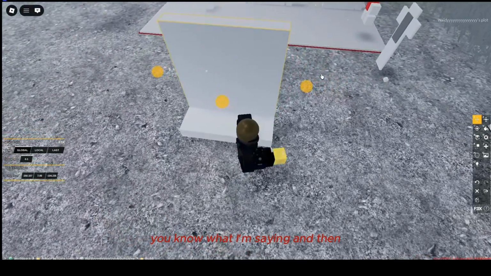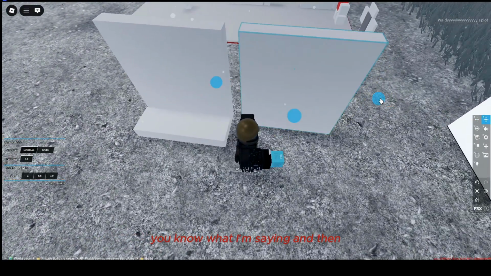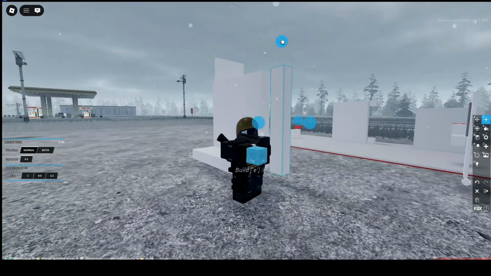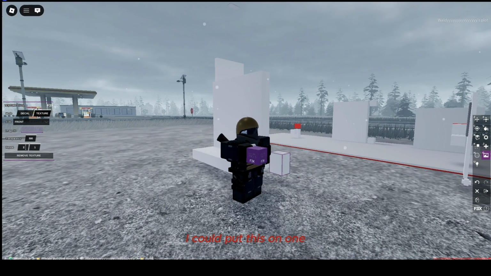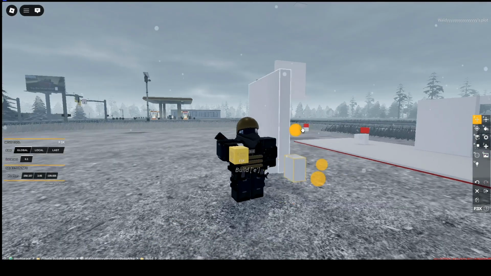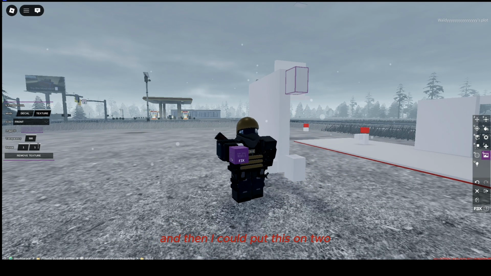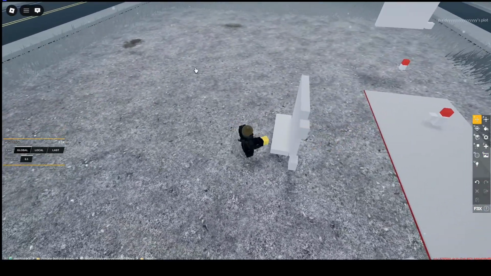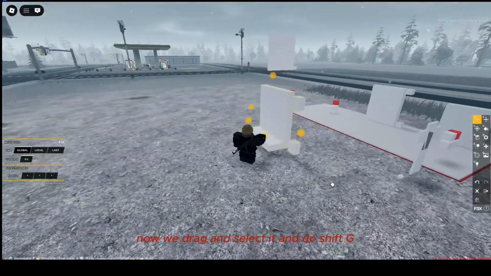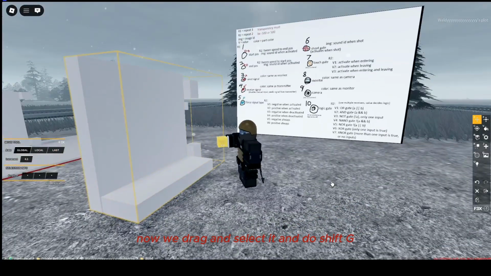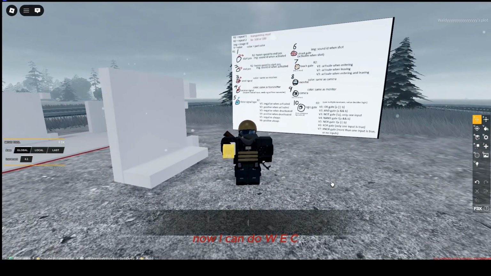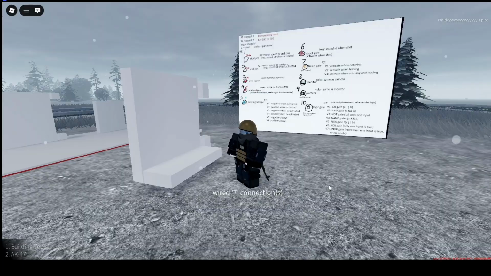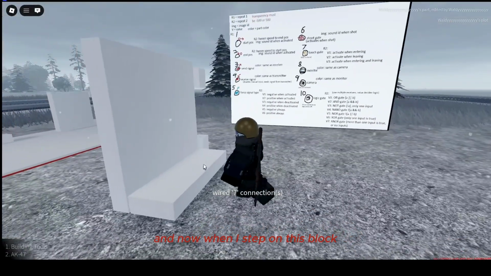You know what I'm saying? Then I could put this on 1, and then I could put this on 2. Now we drag and select it and do Shift G. Now I can do WEC. And now when I step on this block,